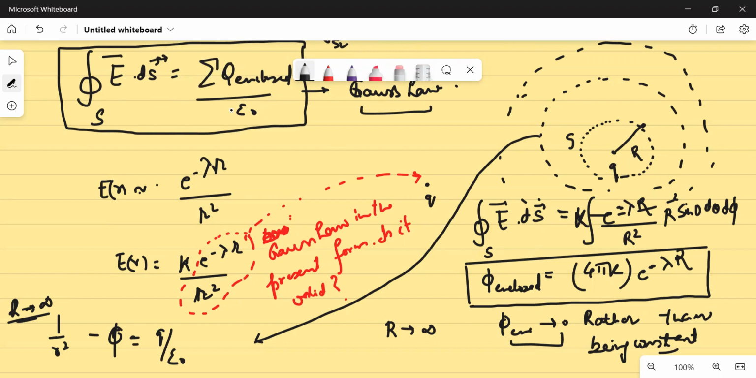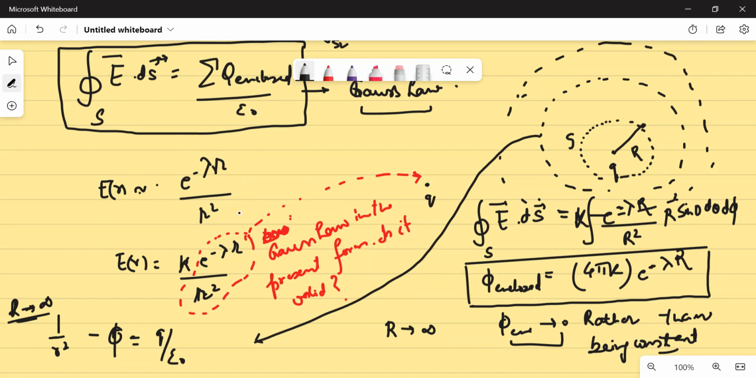is valid only for inverse square law forces. Only then can you write that the net flux enclosed is given by some constant. That constant is whatever charge is enclosed within that Gaussian surface divided by epsilon. But if you take a different sort of expression, let's say a screened Coulomb potential that I've already talked about, or probably a Yukawa kind of field,